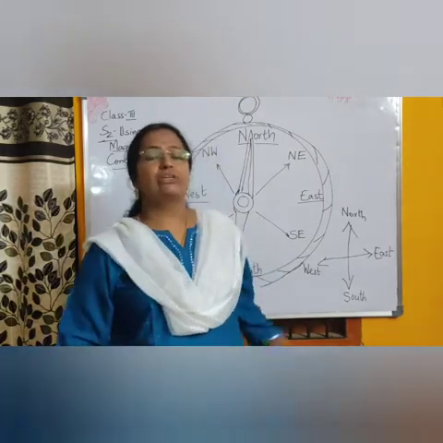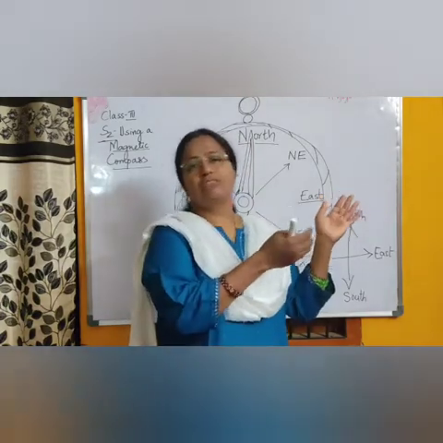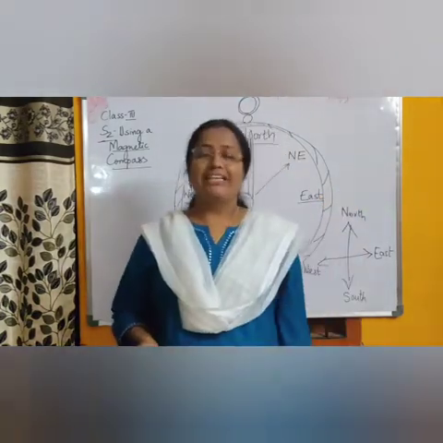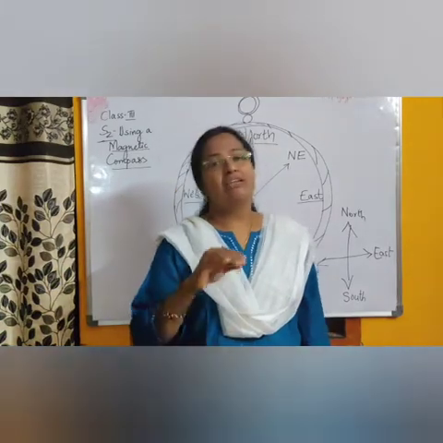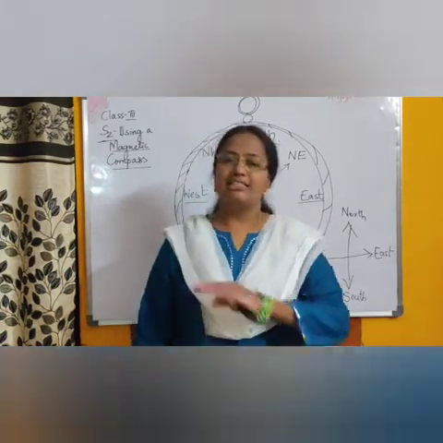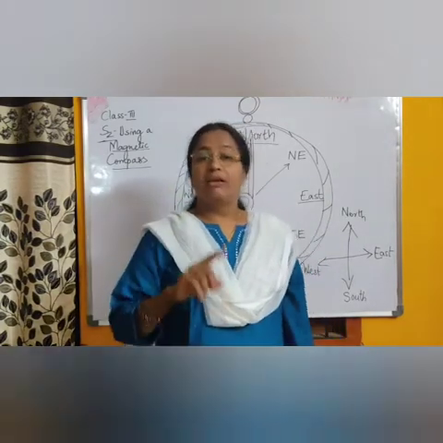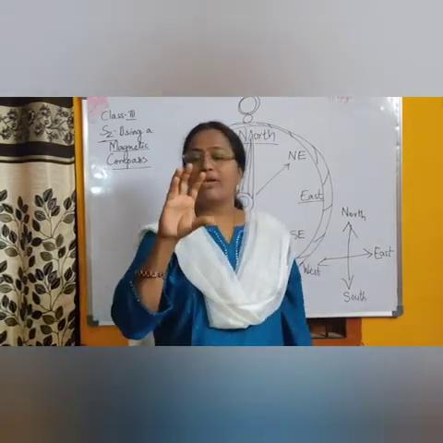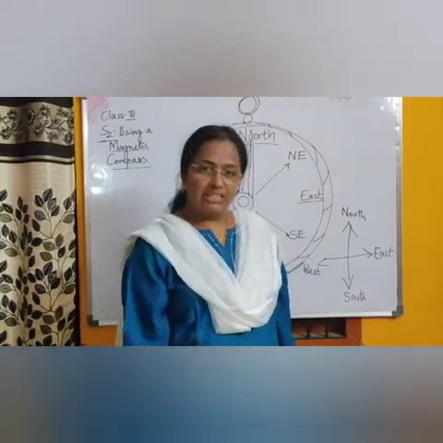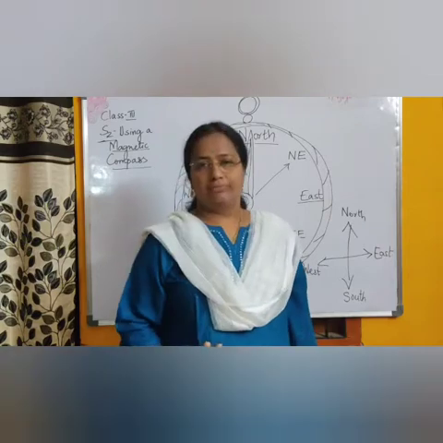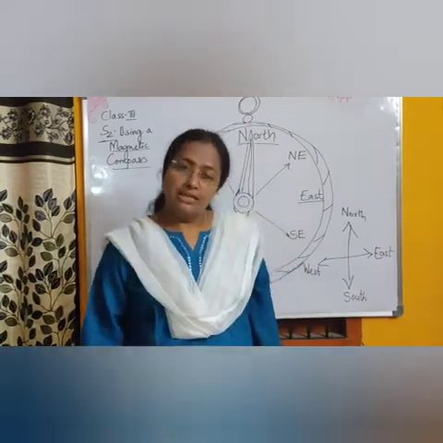Which direction is towards north? It will point out, oh, north is towards this direction. You can easily know that. So once you know which is the north direction, the remaining directions you can easily find out. How? I am repeating again. If you know the north direction by looking at the magnetic compass, the opposite direction will be south.